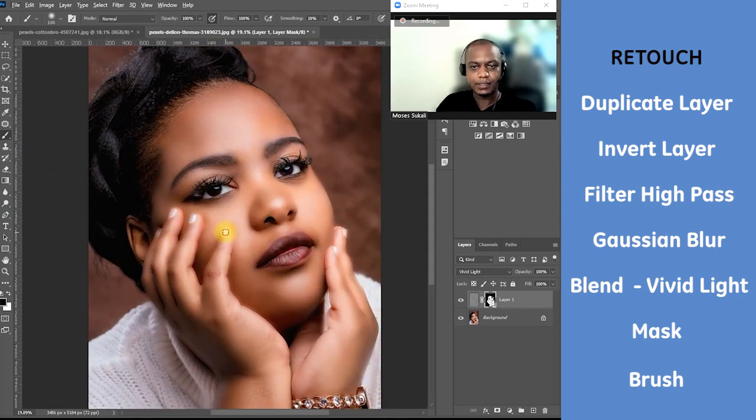So the next step is you need to reduce the opacity and get the proper blend on it. So I'll go all the way down to a 70. That looks good to me. And there we have it. So here is our before, a little bit rough, and this is our after, a little